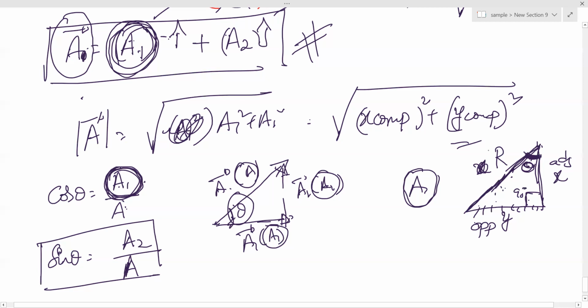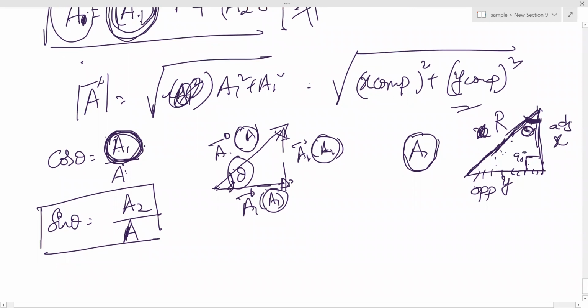Yes, sir. What is wrong in remembering like that? Because every time you cannot keep on drawing perpendiculars, which is clear. How did you identify this is the perpendicular? I want to ask you. Opposite of theta, sir. Opposite of theta will be perpendicular. So that's what I'm telling you, right? Opposite side by hypotenuse.